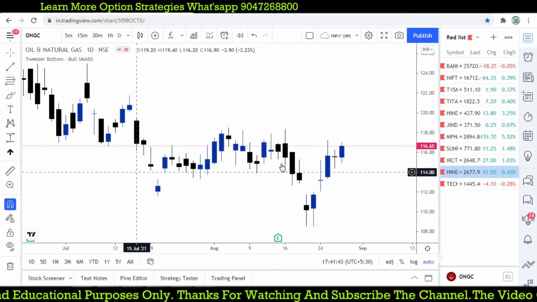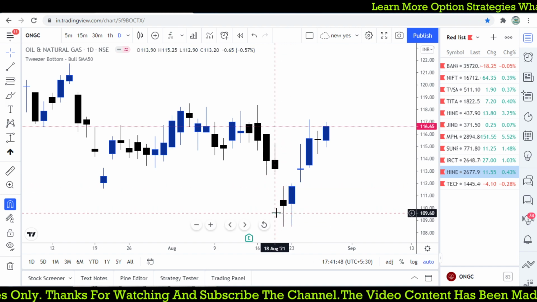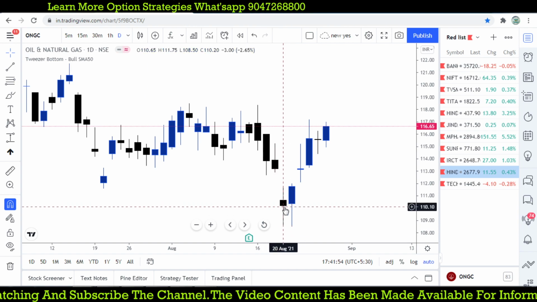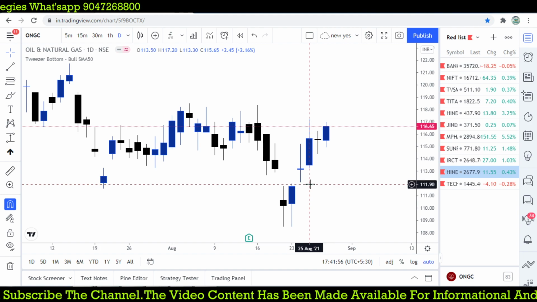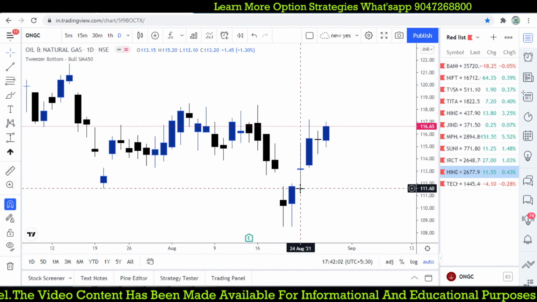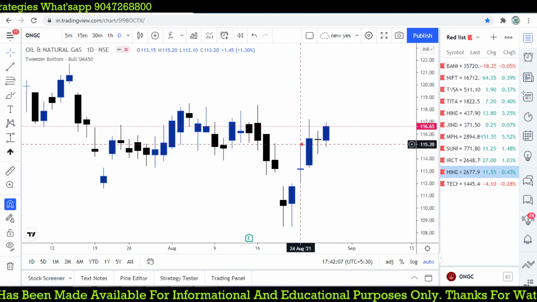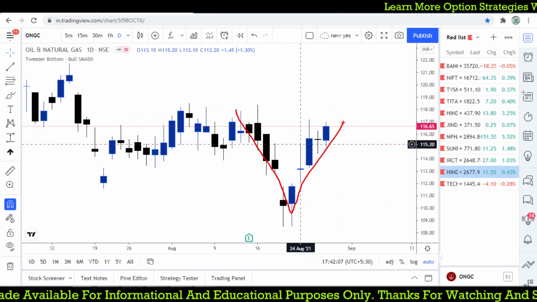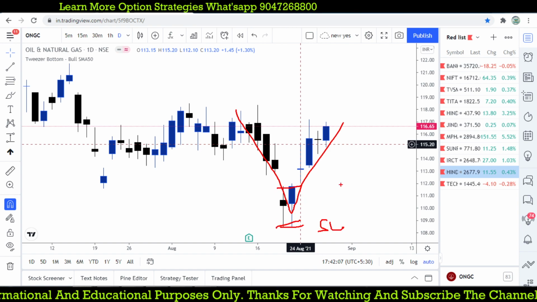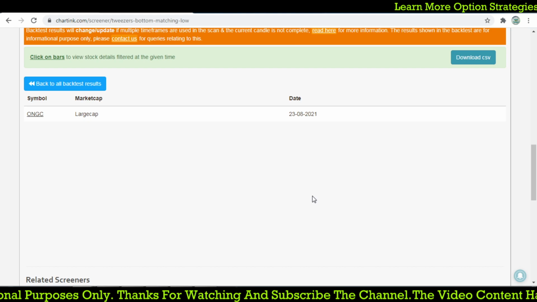So that will give you such a great opportunity where you can see that there is a bottom where ONGC forms the double bottom or matching lows. That two-candle reversal pattern which forms at the bottom. So when you have the opportunity around 112, there is no opportunity we are getting here because it is not reaching 112, but the reversal is quite good. Can you see the reversal at the bottom? This should be the stop loss for your trade where you are taking entry at 112. So 118 may be your stop loss. So simple, whenever this kind of candlestick forms.